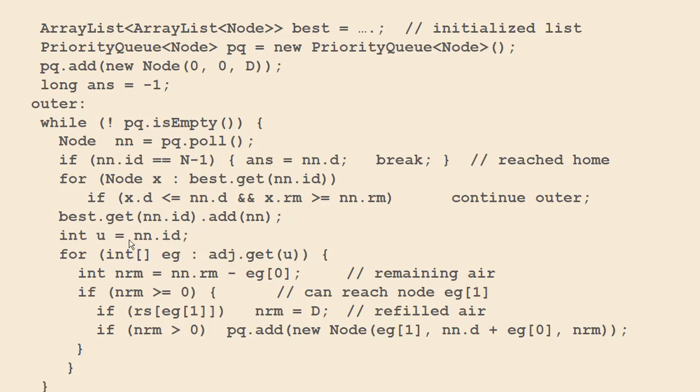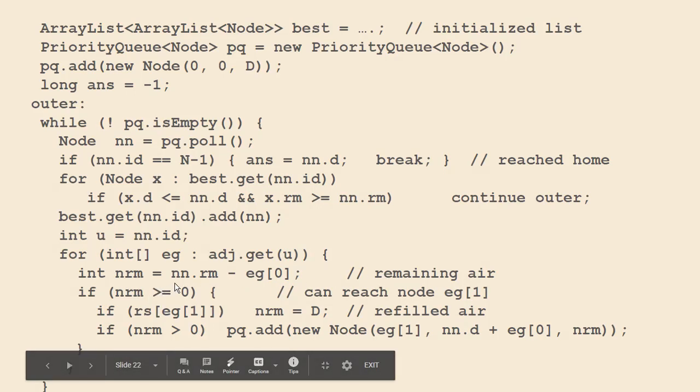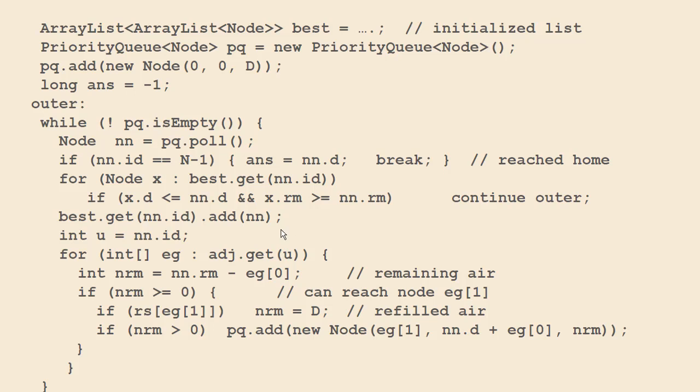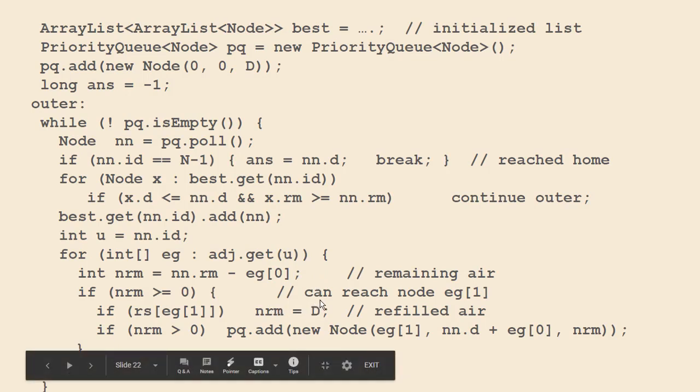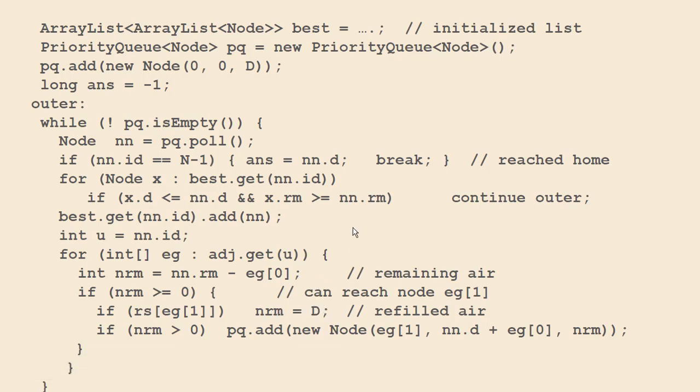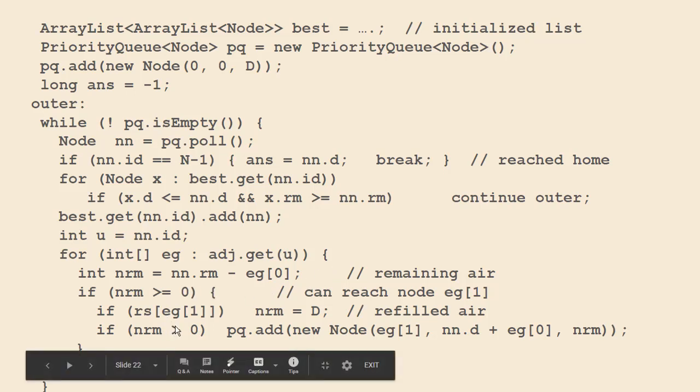So for all the edges of the node we are talking about, we will see if we traverse this edge, do we have any air remaining? If it is greater than or equal to 0, then that means we can reach them. So depending on whether this is a repair station, if it is a repair station, then we will refill air, so this value will be reassigned to D,